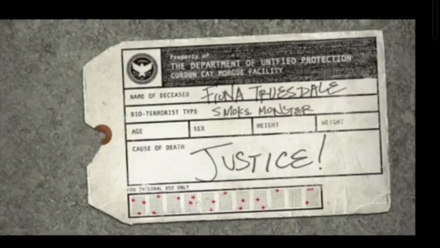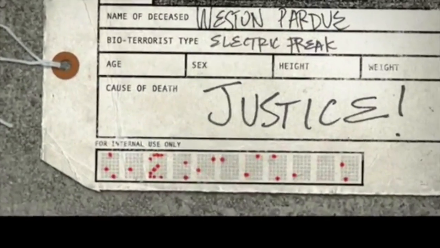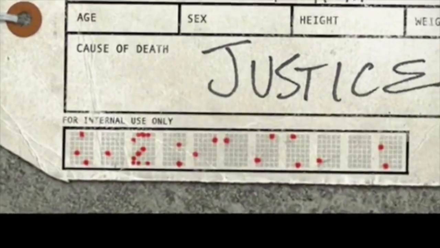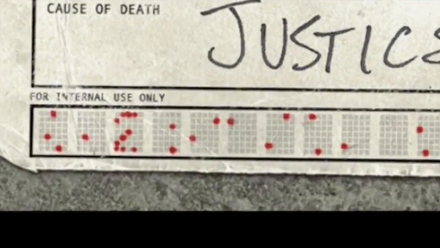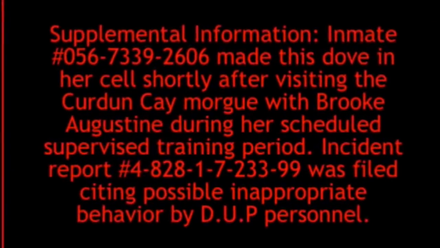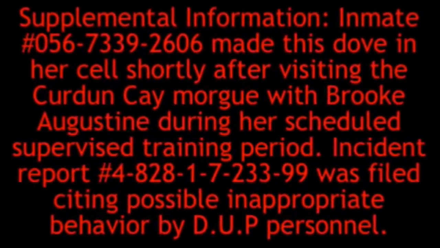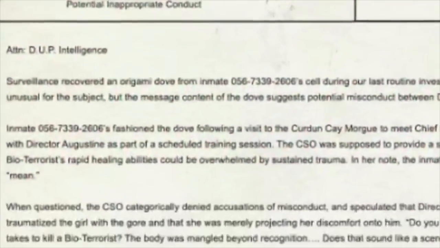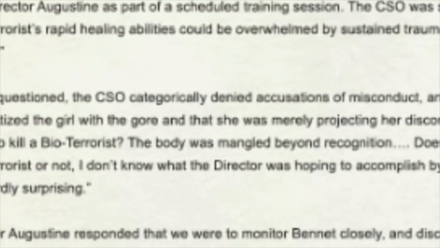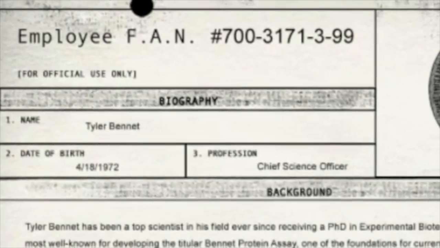You're going to find a bunch of these tags. Now, how you get to the next part of this is by the little red dots on the bottom. If you actually connect all of those, you're going to come up with a code. Connect the dots and it gives you 482817233399. By putting that in, you're going to get this 700 code, 700